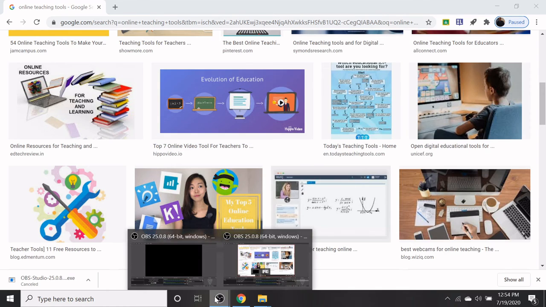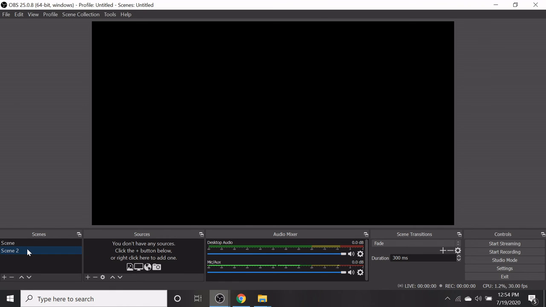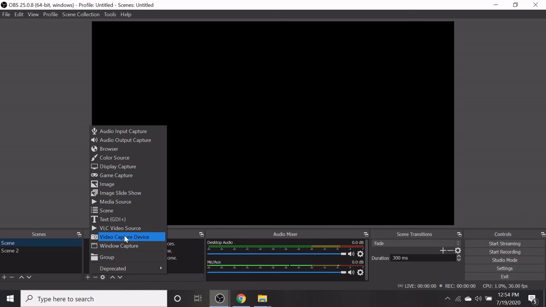Now, when you click on the scenes option, you will create more frames. In the scene option, you can include whatever sources you like.